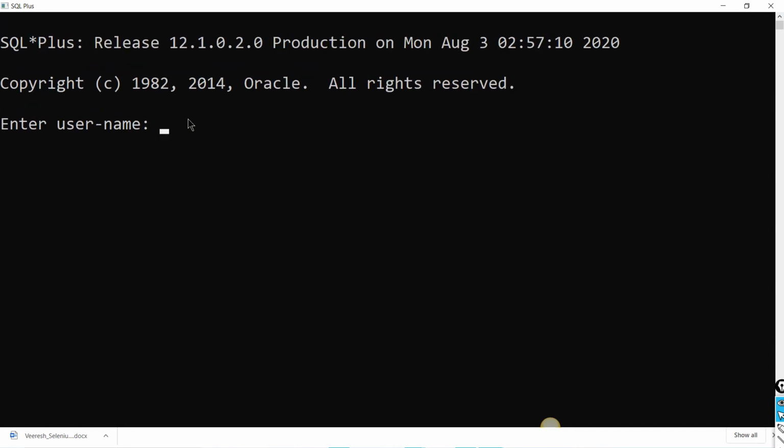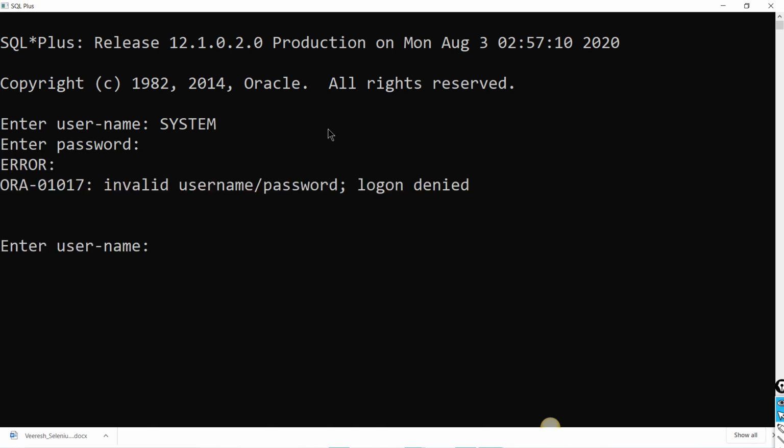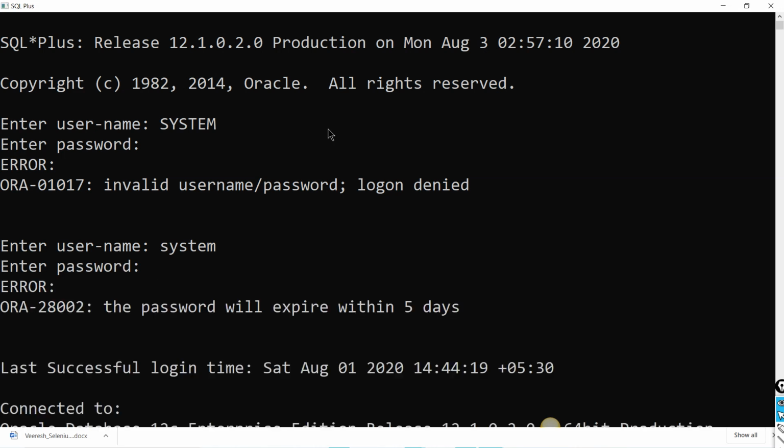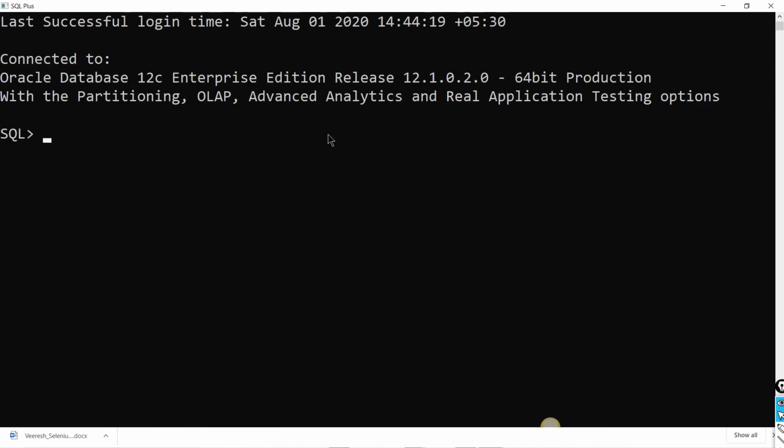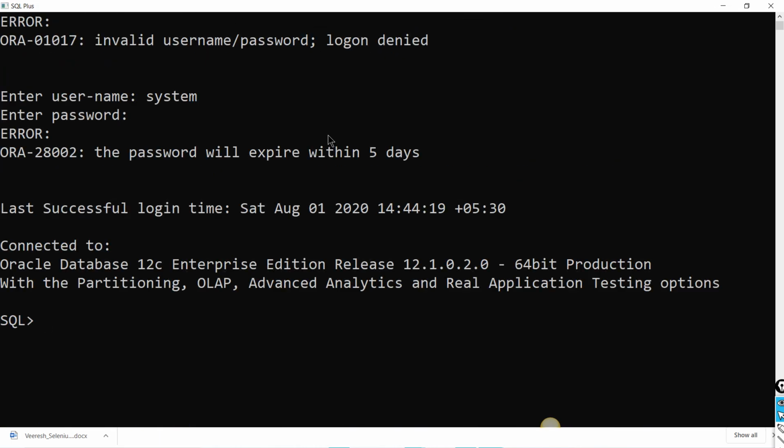Yes, so login as system. While installing the database, please make a note that by default the username will be system. And for the password, please ensure to give the password as manager. Okay, the standard password. System, manager. So make sure to enter the right password. Manager is the standard password. Okay, so you'll get it like this.